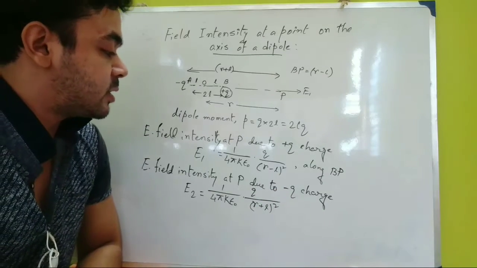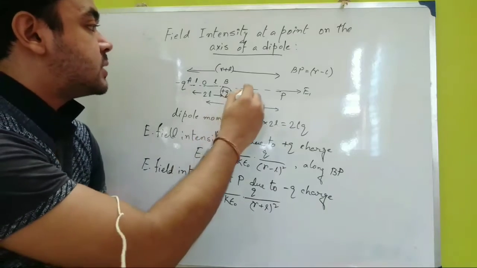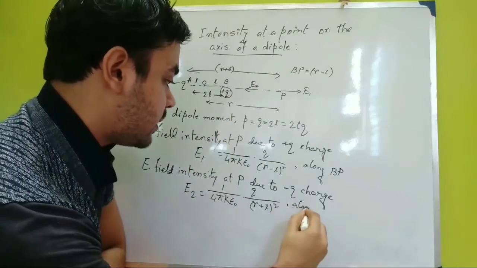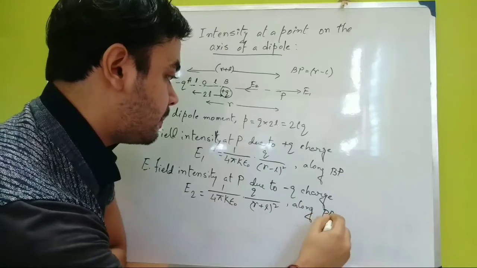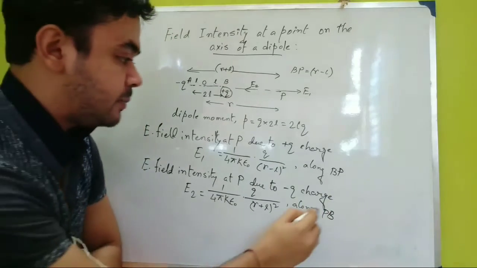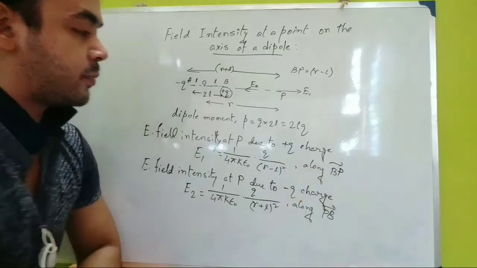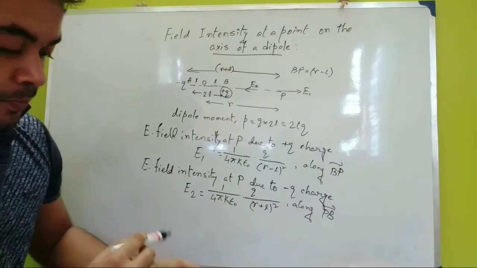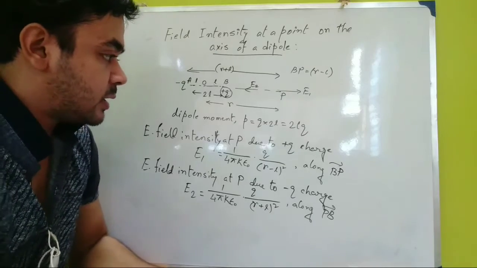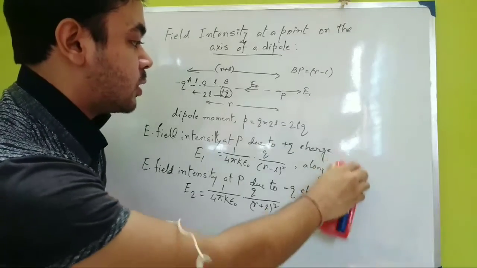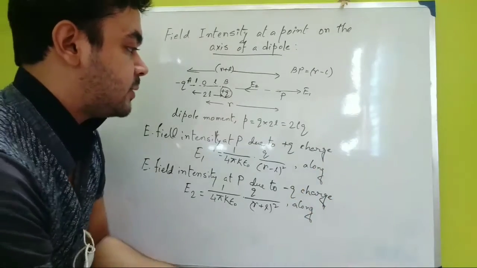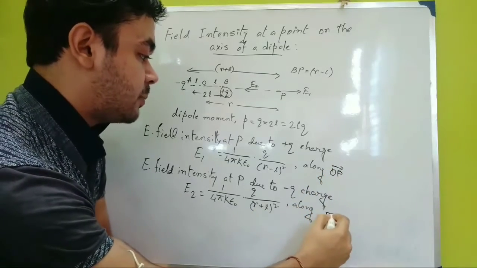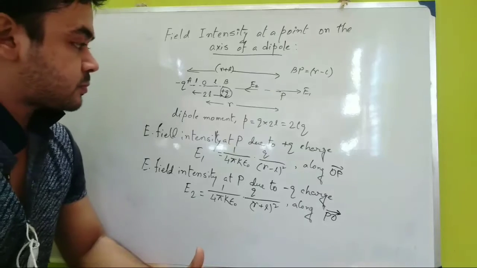And what will be the direction of the electric field intensity? Towards the negative charge. This will be along PB or along PO. If E1 is along OP, then E2 will be along PO. Okay, now